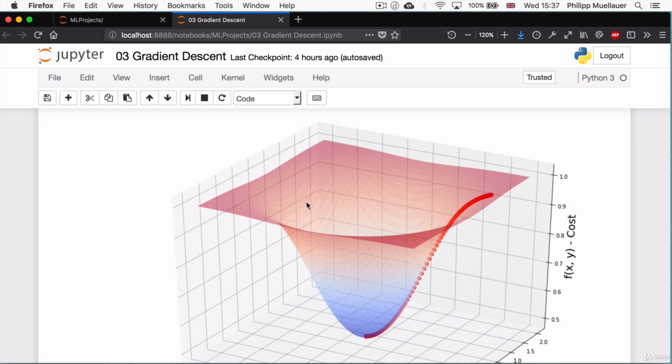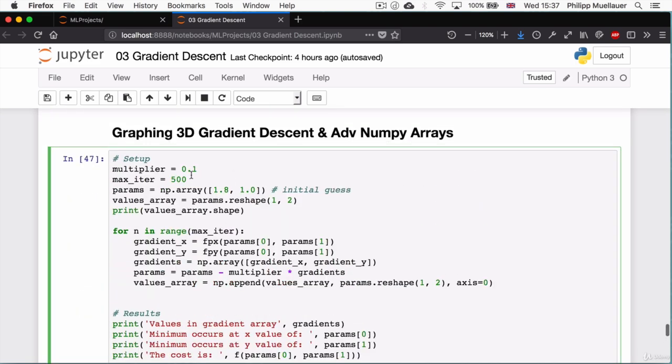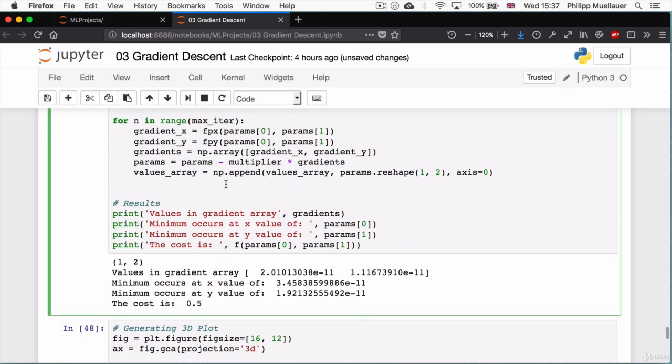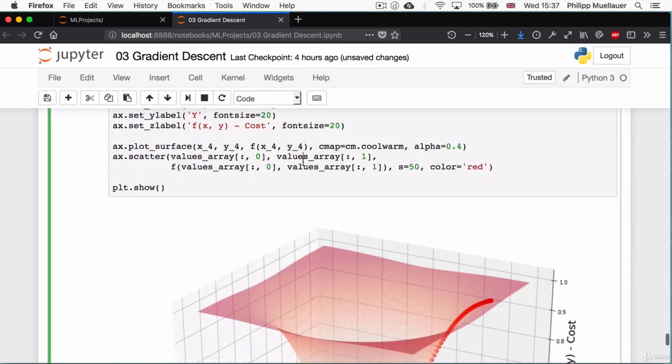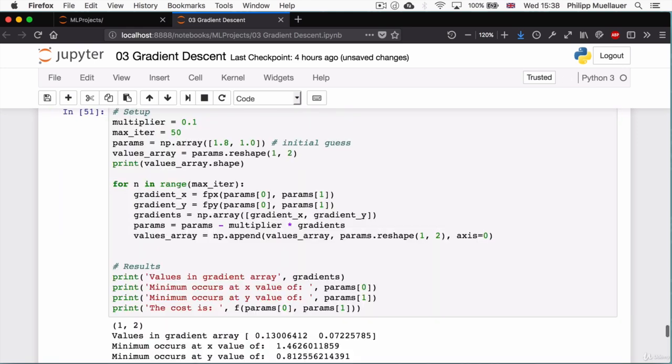If you want to, you can obviously come back up here and pick a different number of iterations. Say you might only want to see the first 100 or so. And of course, you can also start with different starting points to see what those are like. If I run it with 100 iterations, then I'm not going to be reaching the bottom of the bowl. I'm going to be stopping a little bit short of it. And if instead I only have 50 iterations,